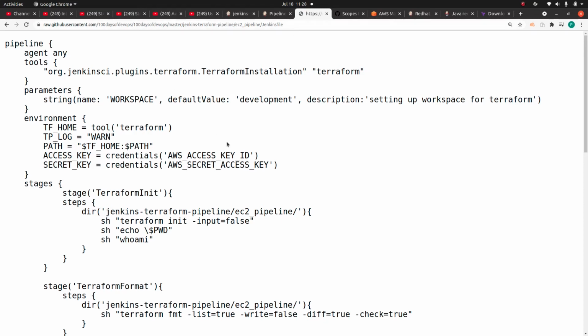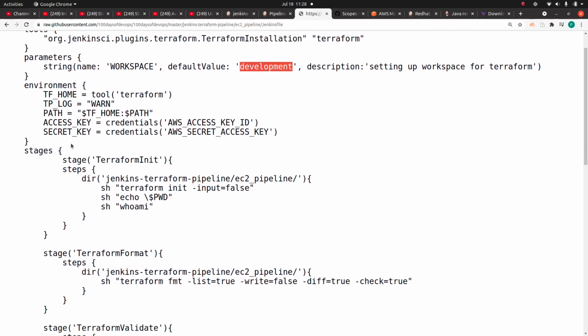Depending upon our requirement, in this case I'm specifying the default workspace as development, but you will see that in the Jenkins UI you have the option to change this workspace to some other environment. For example, I can change it to the QA environment, and then it's going to create a separate TF state file in the QA environment.